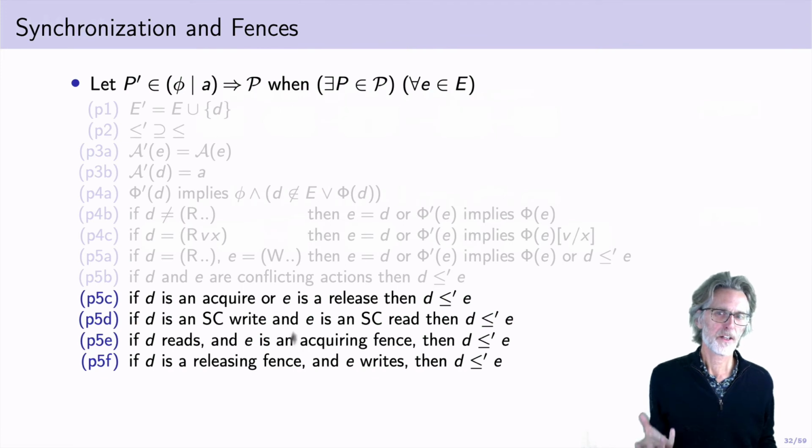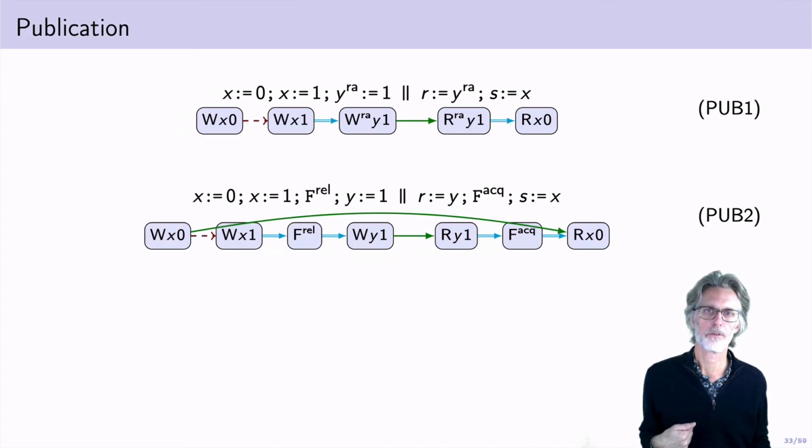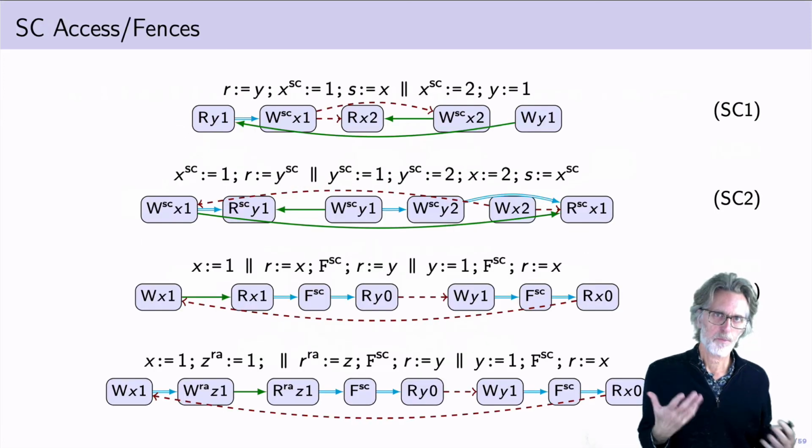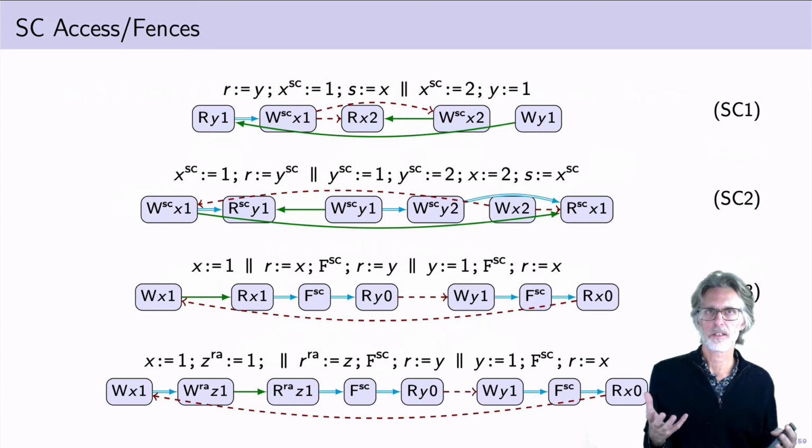Synchronization and fences are fairly modular aspects of this definition, expressed in these 4 conditions down here. And this gives you what you expect for publication. So for example, if I have a releasing write, it's going to follow in Pomset order everything that precedes it. And if I have an acquiring read, it's going to precede in Pomset order everything that follows it. And this is enough to give you the publication idioms you expect, as well as correct behavior for sequentially consistent